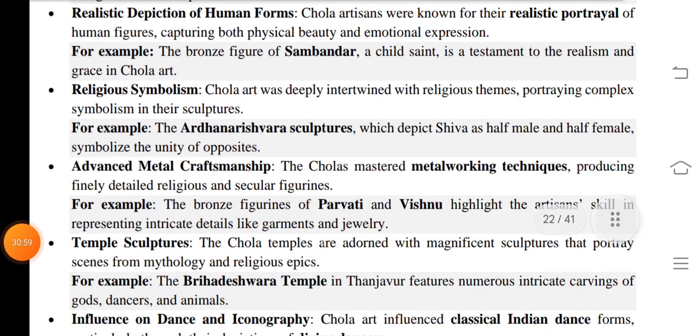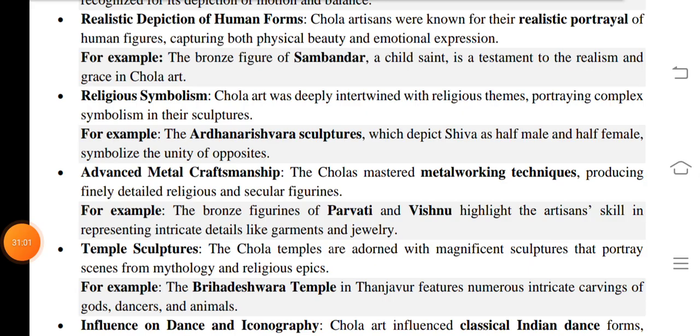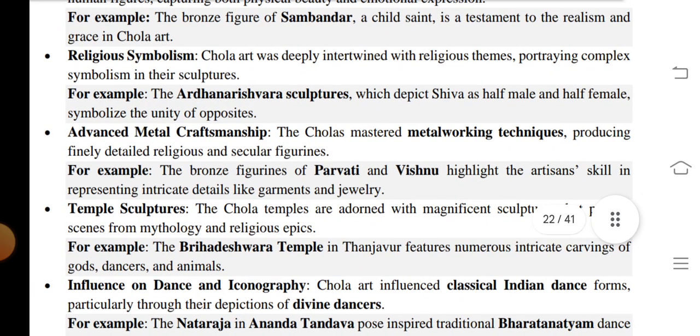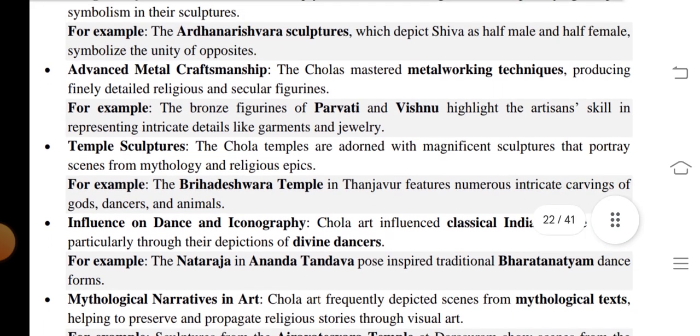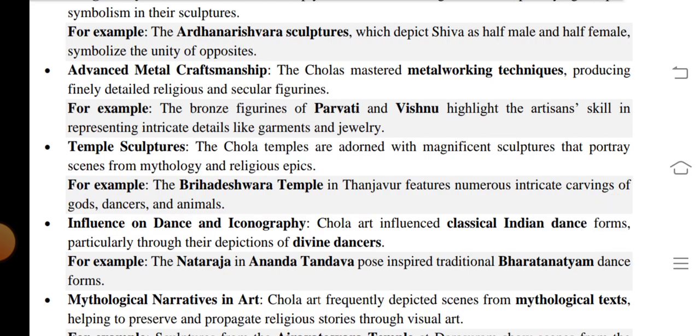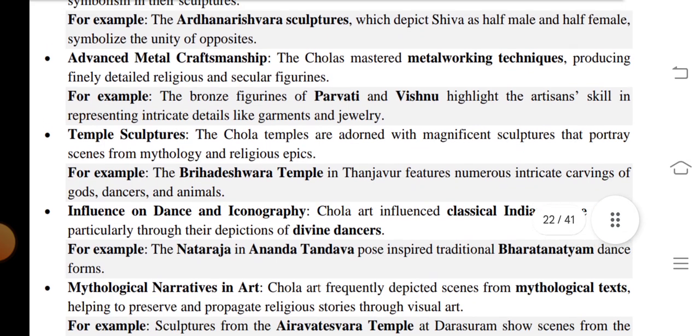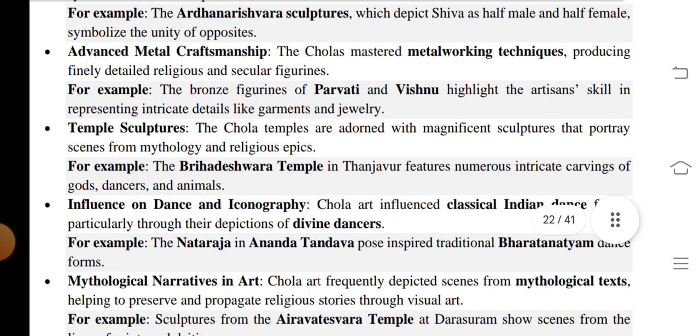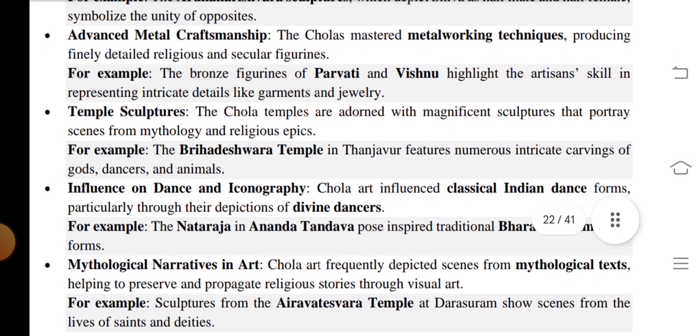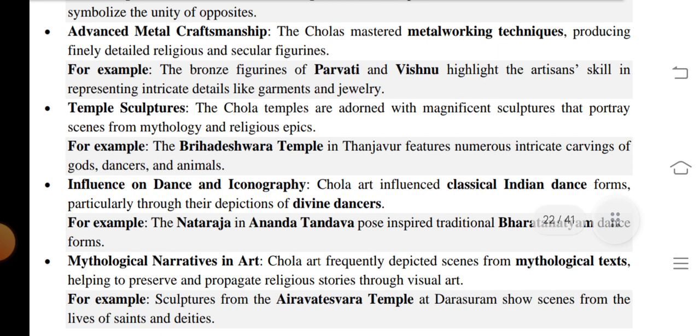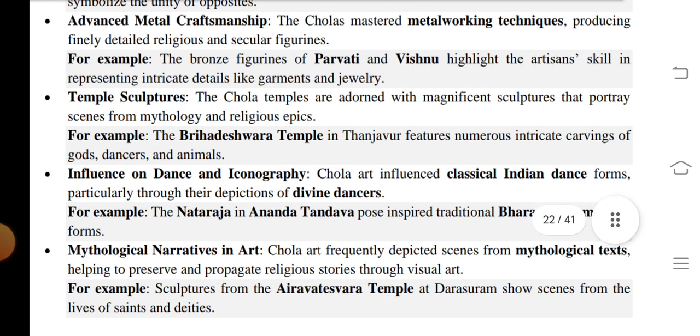Religious symbolism: Chola art was deeply intertwined with religious themes and portrayed complex symbolism in its sculpture. For example, the Ardhanarishvara sculpture depicts Shiva as half male and half female, symbolizing the unity of opposites. Advanced metal craftsmanship: